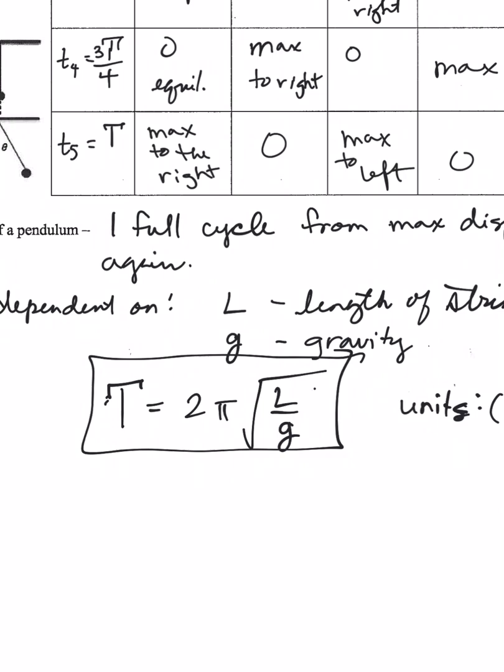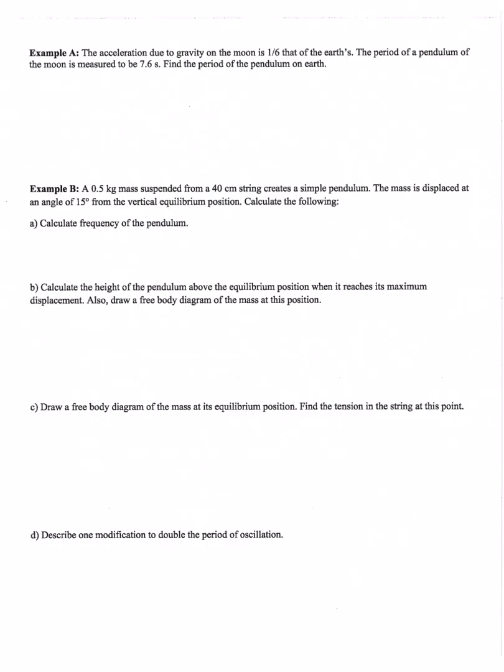Think about it. This is meters. This is meters per what? Second squared. So we end up with second squared. Square root of that is just seconds, isn't it? So let's look at